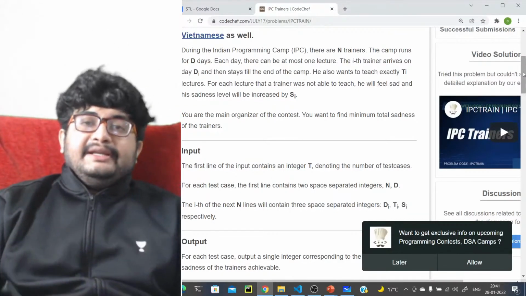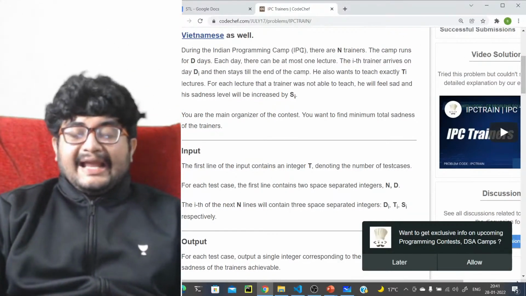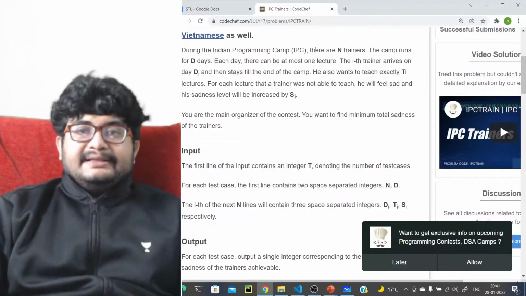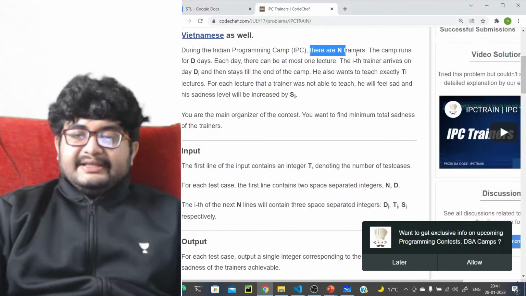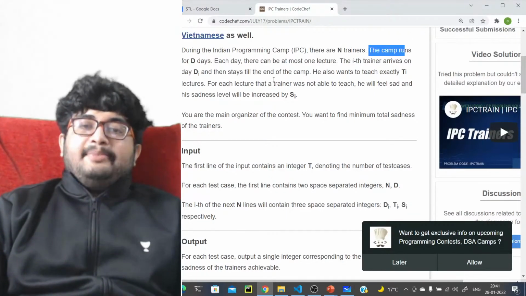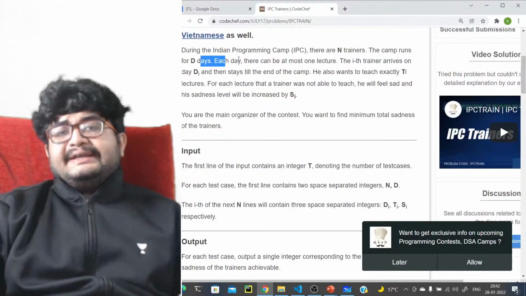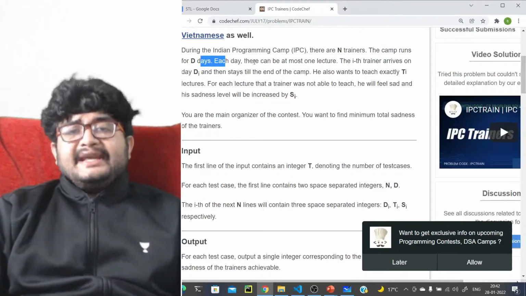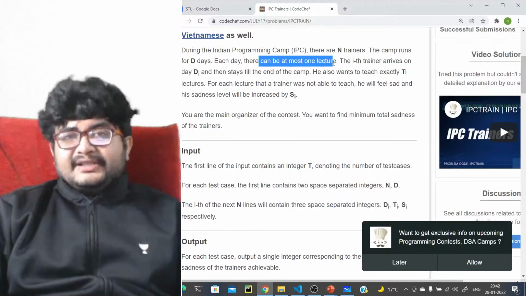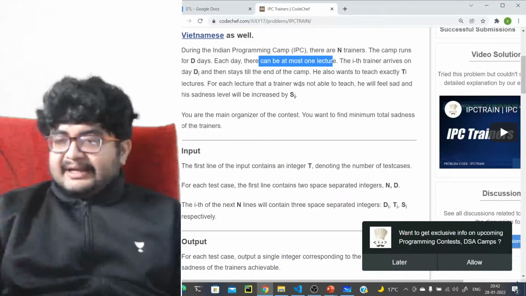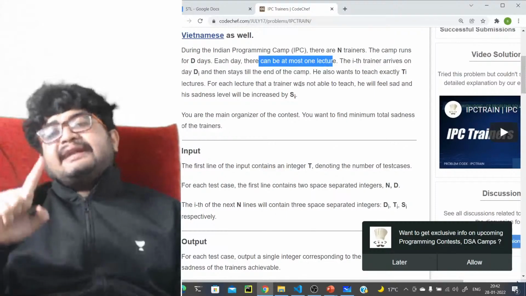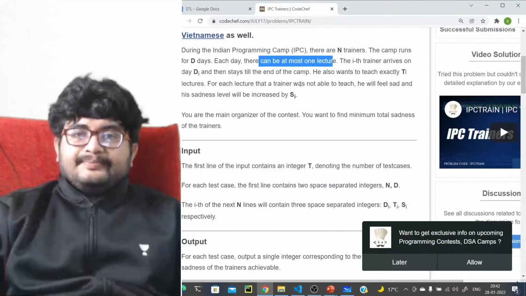During the Indian Programming Camp, this IPC camp that is being held, there are N trainers. The camp runs for D days. Each day there can be at most one lecture.